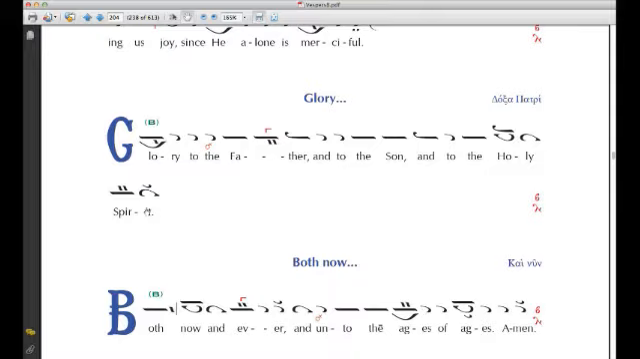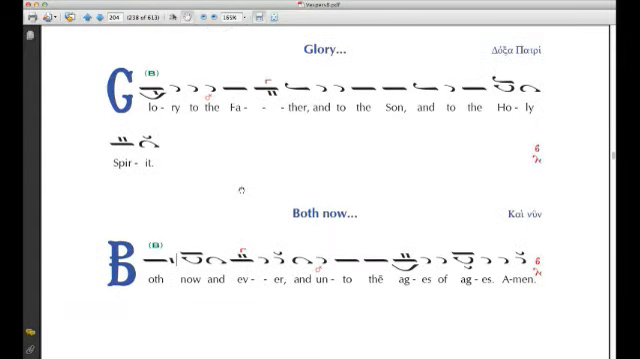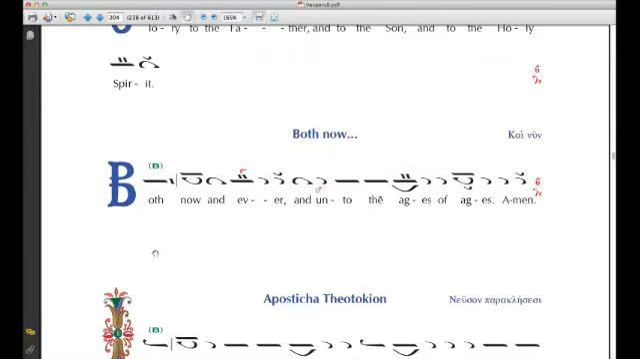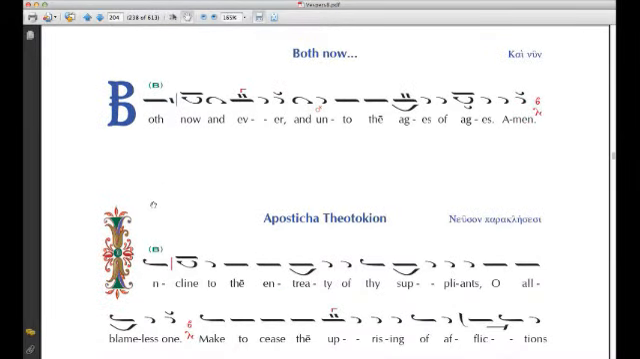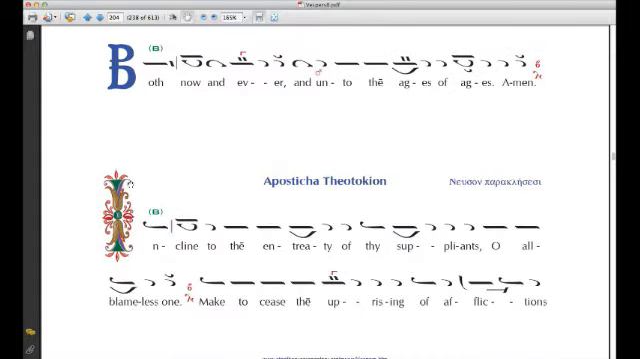Glory to the Father, and to the Son, and to the Holy Spirit, both now and ever, and unto the ages of ages. Amen. Incline to the entreaty of thy suppliants, O blameless one. Make to cease the